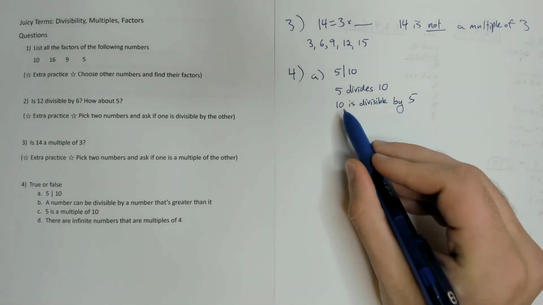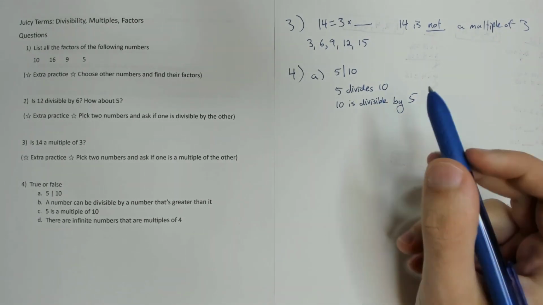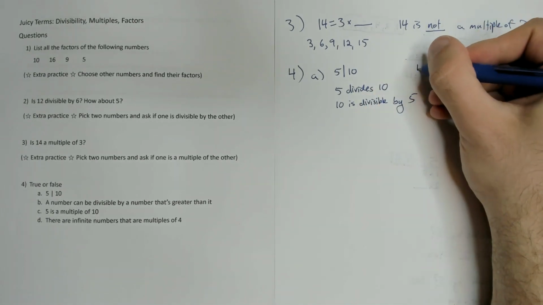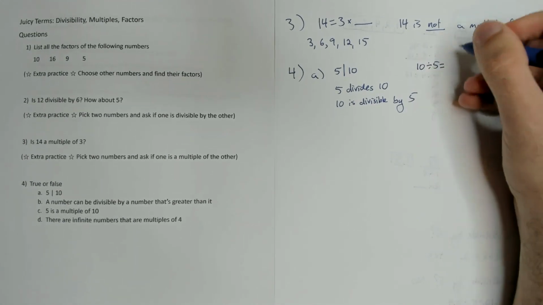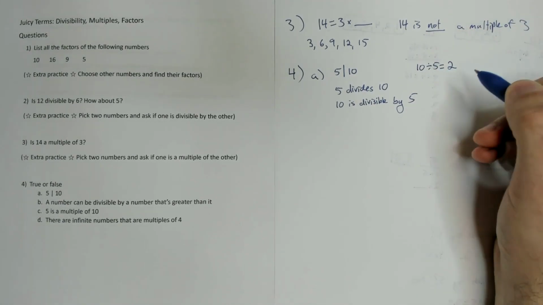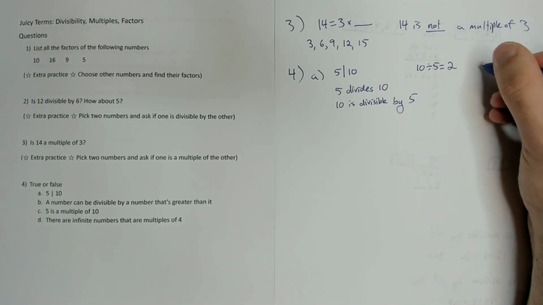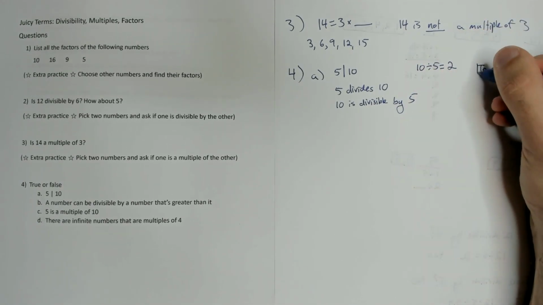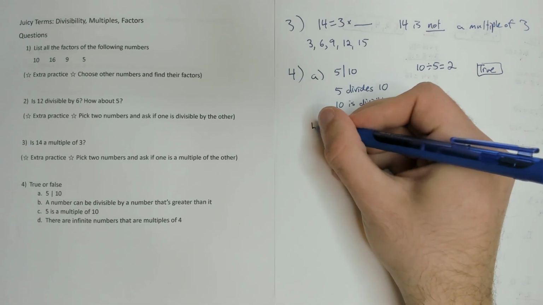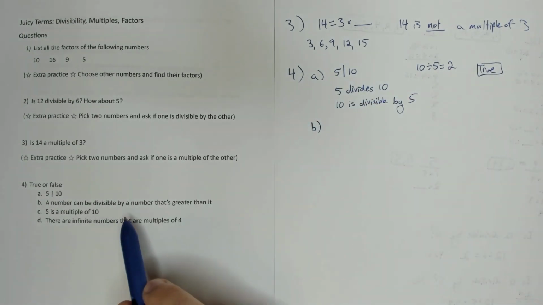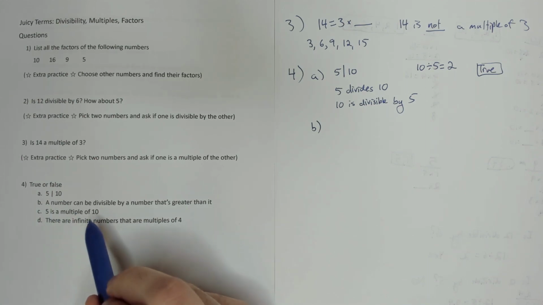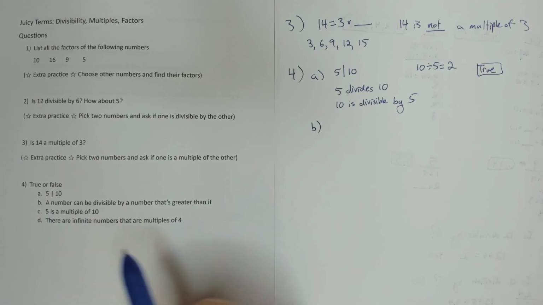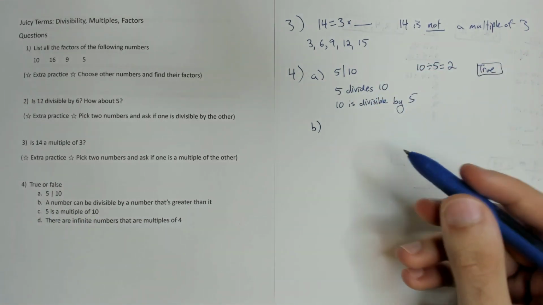All right, so is 10 divisible by 5? Well, if we do 10 divided by 5, do we get a whole number? How many times does 5 go into 10? It goes in 2 times, right? So yeah, 10 is divisible by 5. So this one has to be true. All right, part B. A number can be divisible by a number that's greater than it. Okay, so I'm saying if I have some number and I divide it by another number that's bigger than it,